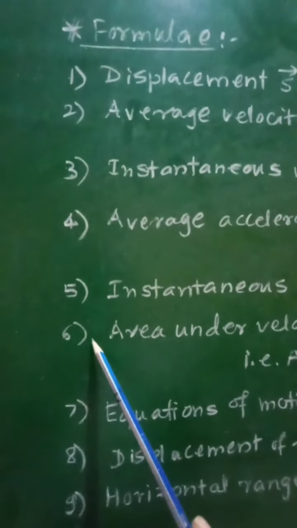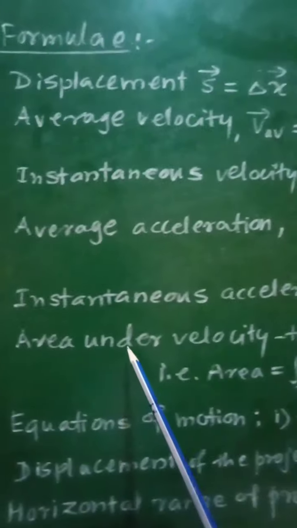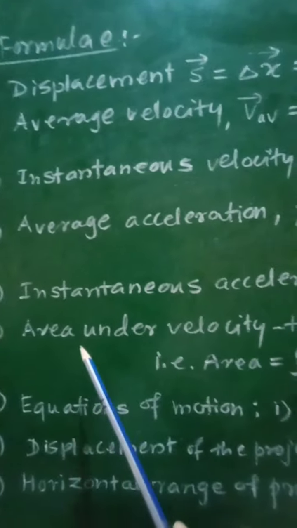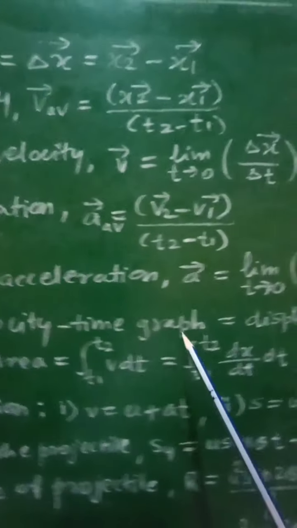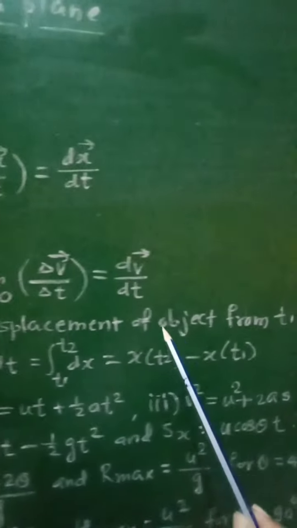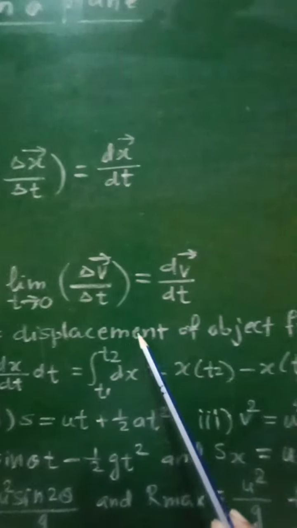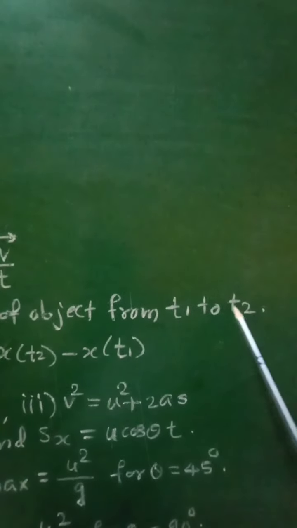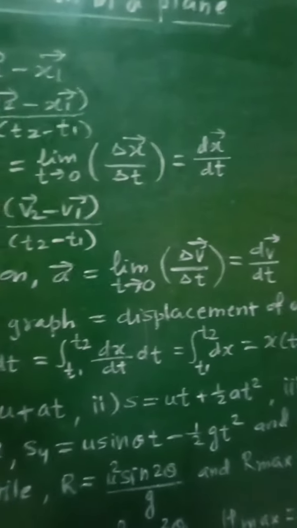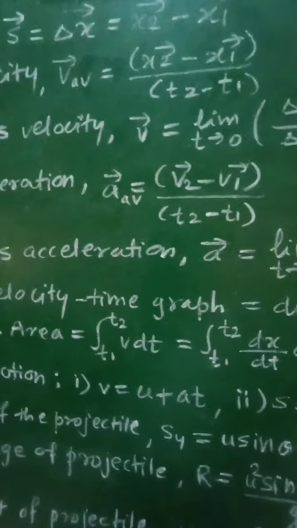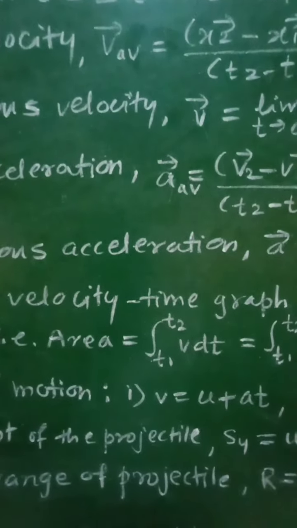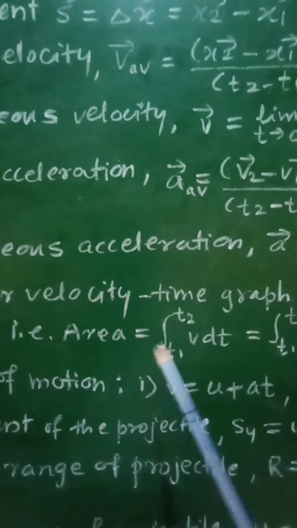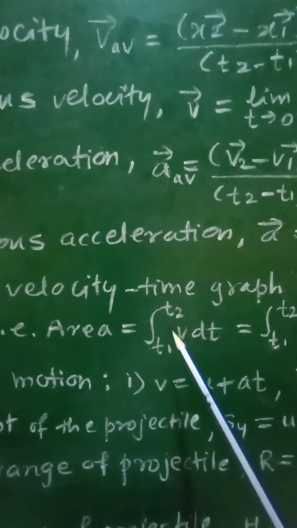Then sixth formula gives area under velocity time graph, which is equal to displacement of object from t1 to t2, that is area under velocity time graph is equal to displacement of object from time t1 to t2, that is area is equal to integration t1 to t2 v dt,